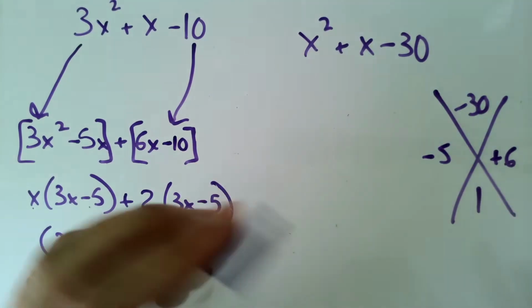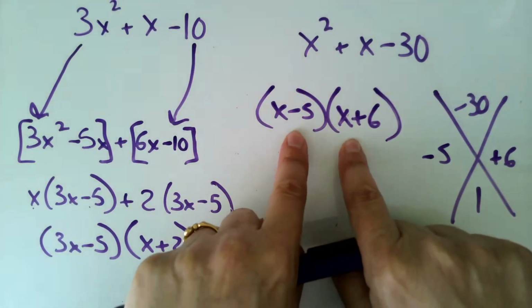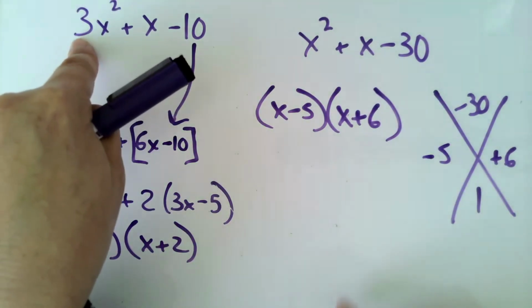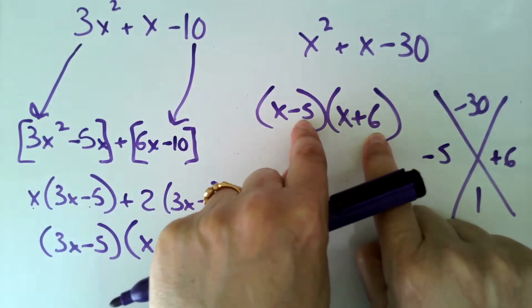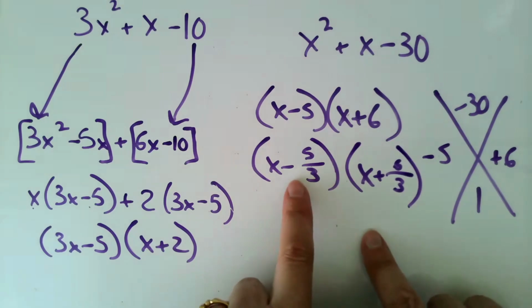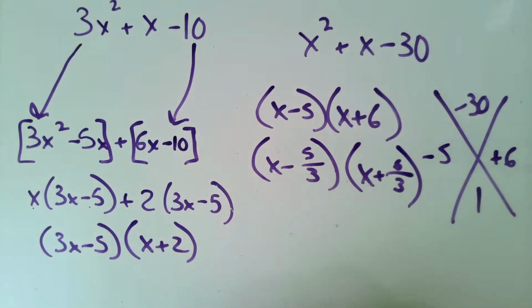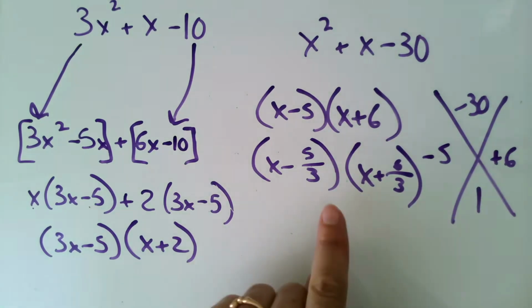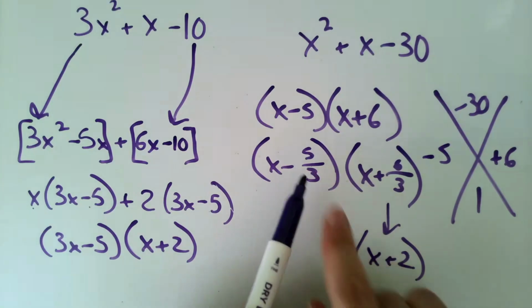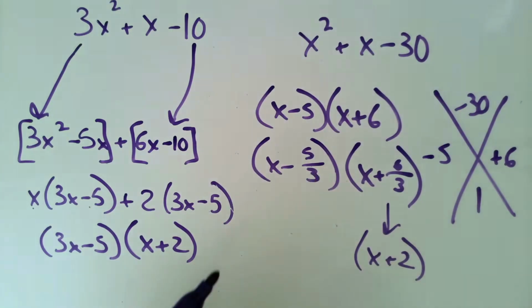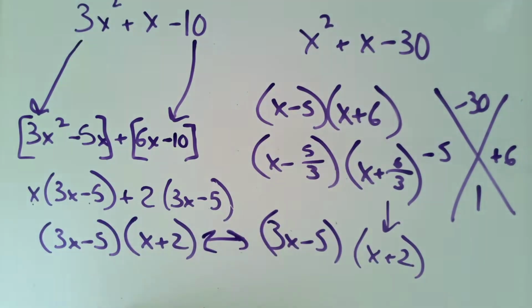That should look kind of familiar, but I'm not done because I haven't incorporated the coefficient of that x squared. So I start by dividing each of my numbers by it: x minus 5 over 3, x plus 6 over 3. I'm going to reduce each of them. This one doesn't reduce further, but this one does. And remember what I said, if it reduces to an integer, we're done. If it doesn't, we multiply that denominator into the x. And so whether you do the x method and factoring by grouping, or you do the slide and divide, you